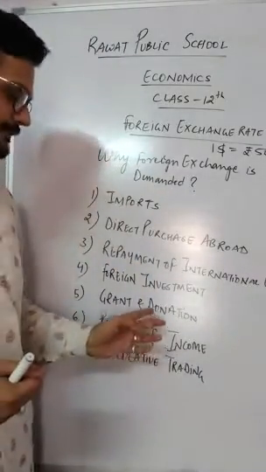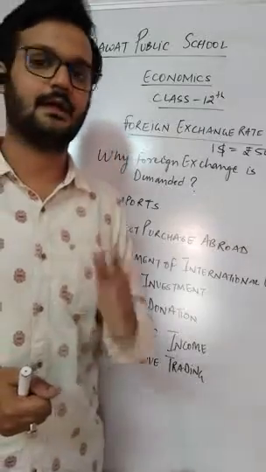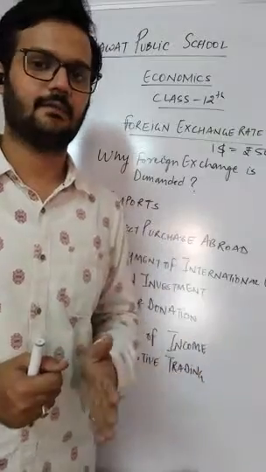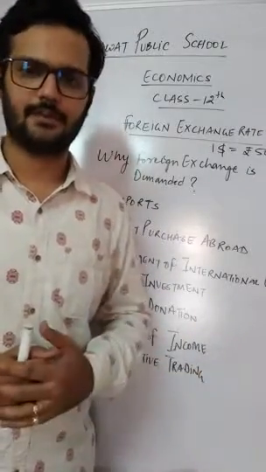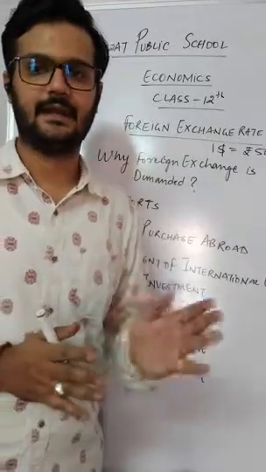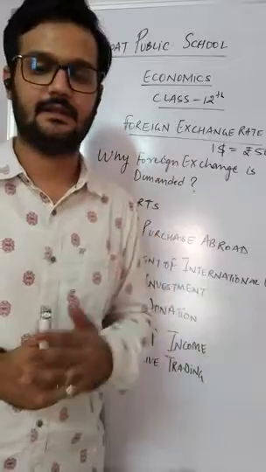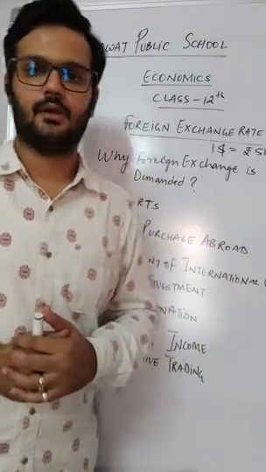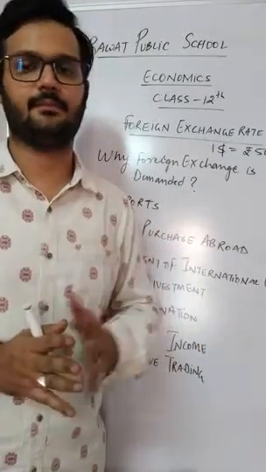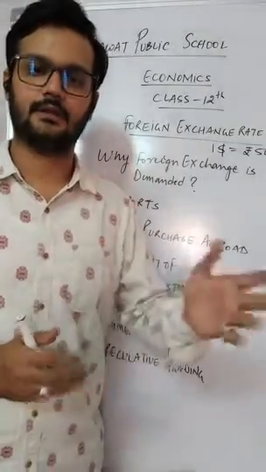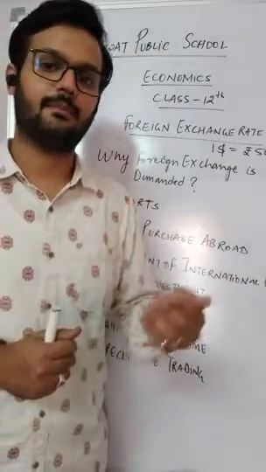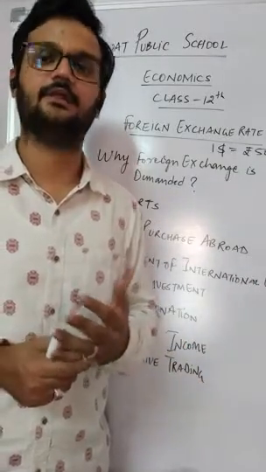Now we come to the fifth point. What is the fifth point? Grants and donations. As you can understand from the word donation, a grant is similar to that. Grant is help. Another word for grant is aid. So it's a monetary help. If you want to help a particular country, if you want to donate some amount to that country for their relief, for their needs and requirements, then you have to make payments in that particular currency only.